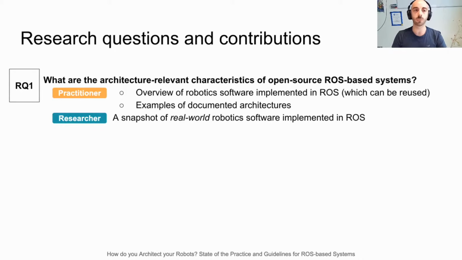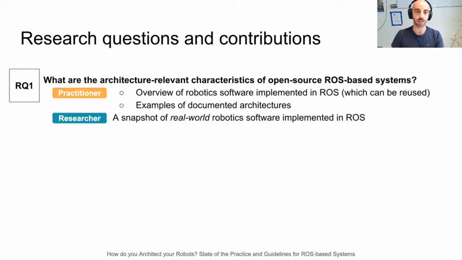The first one is, what are the architecturally relevant characteristics of open source ROS-based systems? Again, we are looking at GitHub repositories, and here we want to look at what is existing out there. What are the existing systems that have been developed in ROS? This can be used by practitioners for getting examples of how other systems are implemented and some examples of documented architectures. Researchers can see the answer to this research question as a snapshot of real-world robotic software, how it is implemented